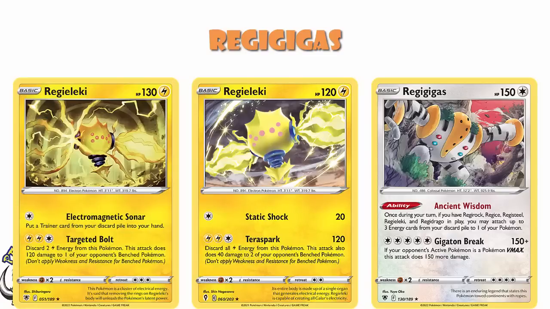One which does 120 to one of your opponent's bench, and one that does 120 plus 40 to 2 of your opponent's bench. And obviously, as I've said, these are hitting weakness on these Lightning Weak Pokemon like Lugia, which, as previously mentioned, is honestly kind of a big deal. And this all just adds up to a fairly ridiculous deck that is absolutely one of the decks to beat